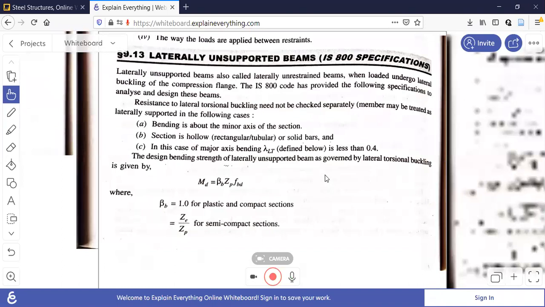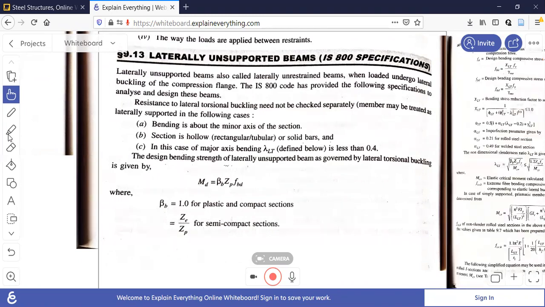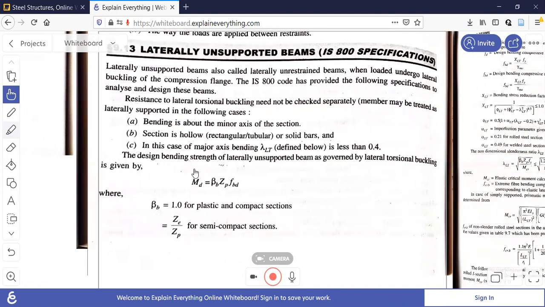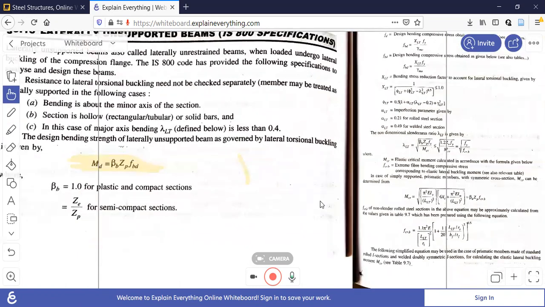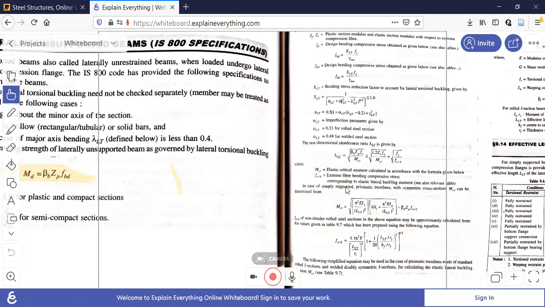Okay. Can you see it now? Yes, sir. Can you see this Md equal to? It is there. Yes, sir. Through the website, I opened it now, because directly there was a problem again. So you can see Md and all. Yes, sir. Okay, no problem. So this is what I have given there. These are the three pages I have given.